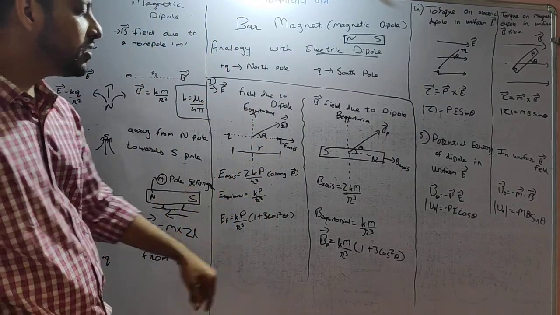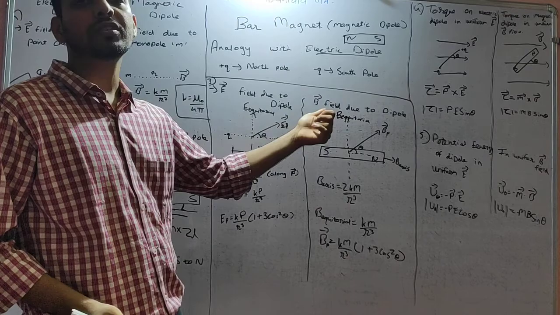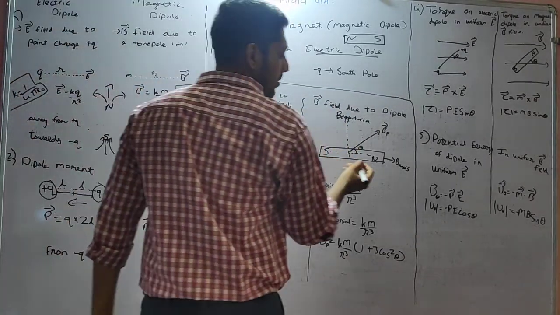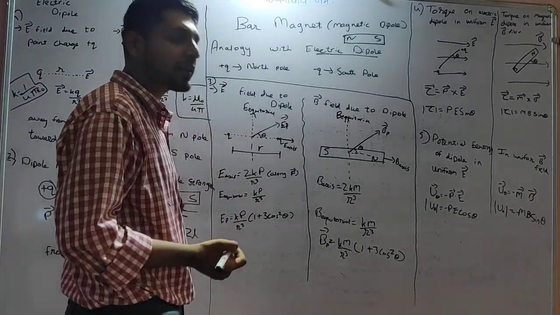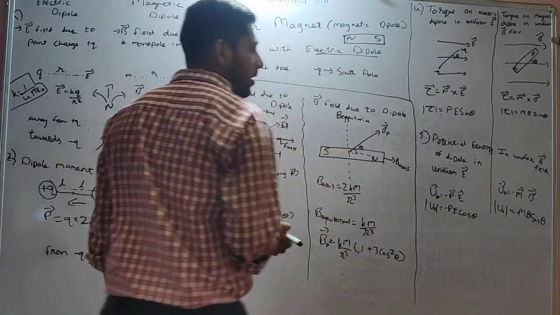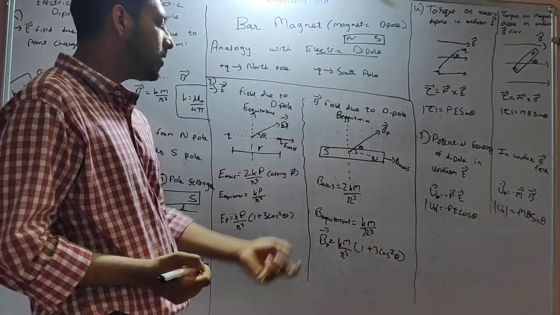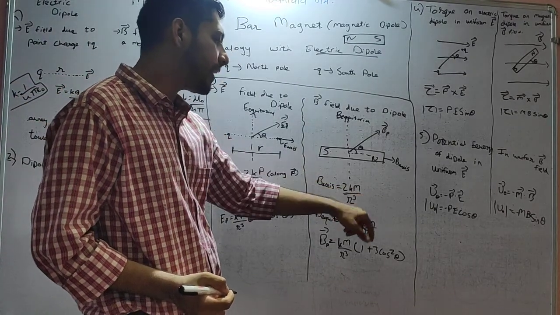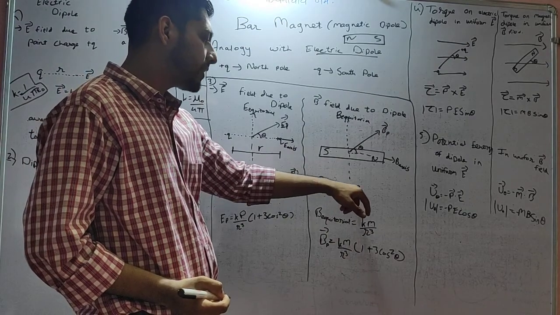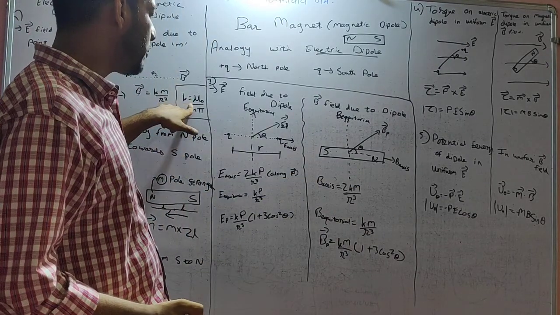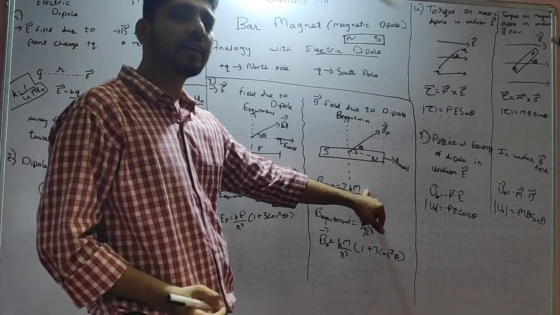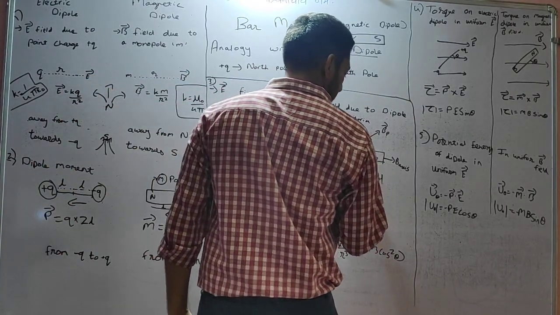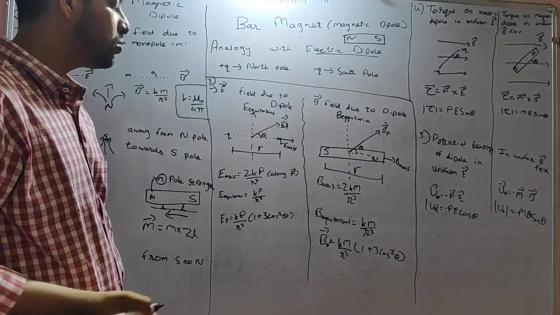That is on axis. Similarly, if you go on to see the magnetic field in the bar magnet, here you have a south pole, here you have the north pole. If you want to find the magnetic field on the axis of the two poles, then it will be equal to 2km upon r cube, where k is mu 0 upon 4 pi, m is the magnetic dipole, and r is the distance between the two poles.